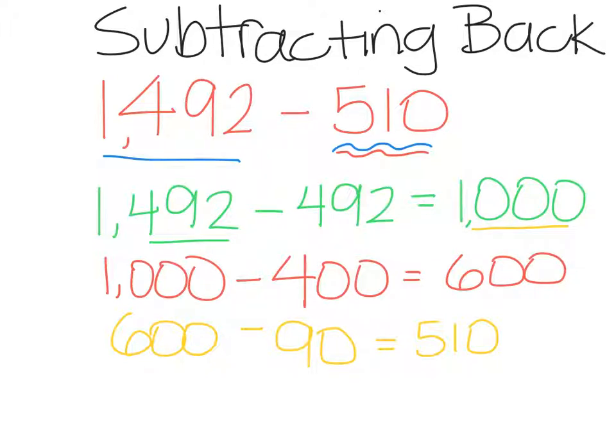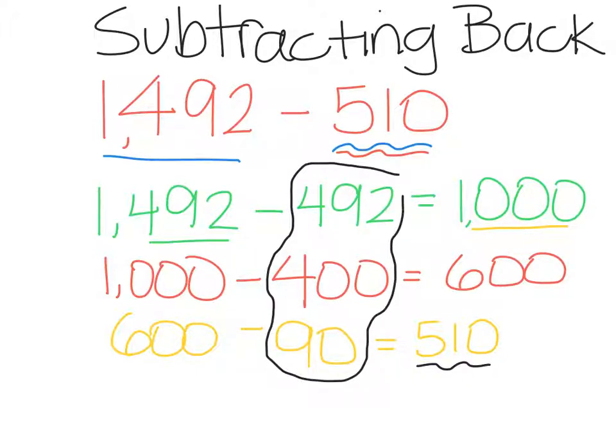So now that you're done and you've reached your goal of 510, just like the adding up strategy, subtracting back, you need to add up these chunks to get your answer. So if I add up 492 plus 400, that gives me 892. If I add 90 to that,